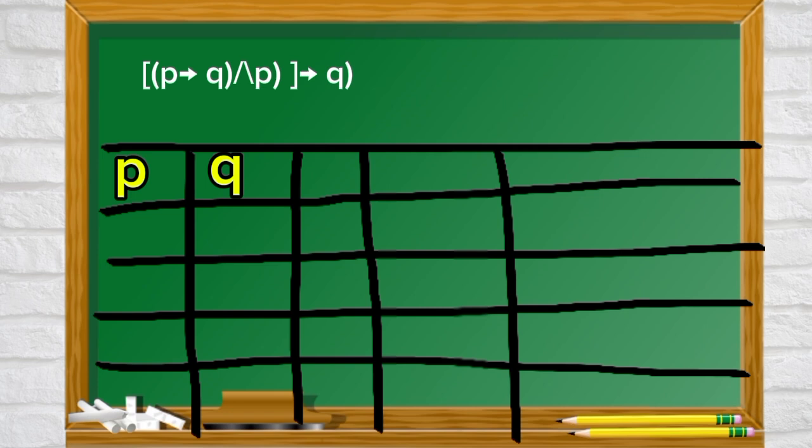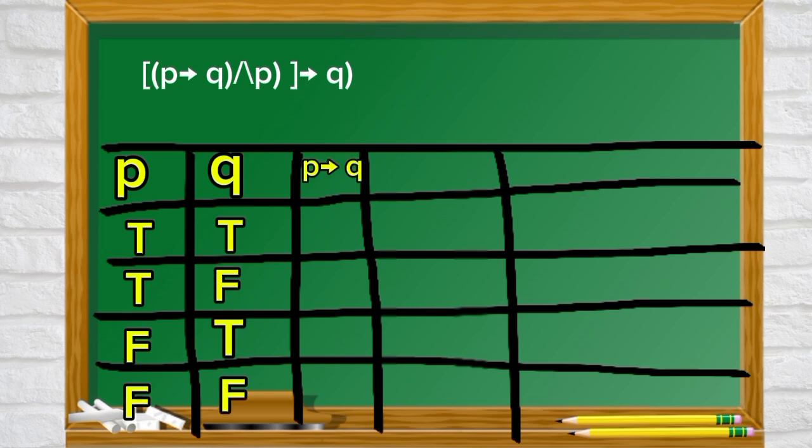So just like any truth table, you always start with the true statements that you have. P and Q are going to represent our two statements, and we start with the same pattern. True, true, false, false for P, and true, false, true, false for Q. So we will add columns to represent all the things we need. Our first group is an if P then Q column, so we have to add an implication or conditional column.